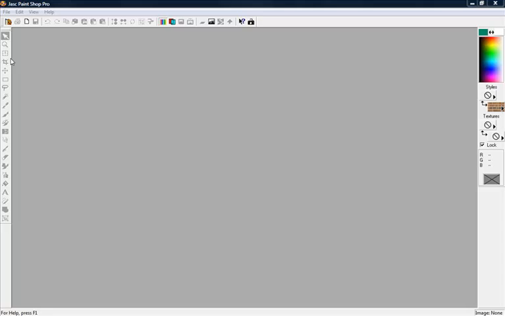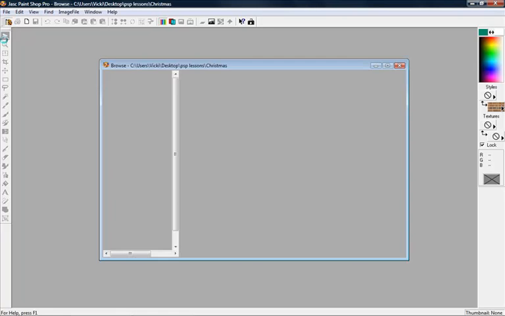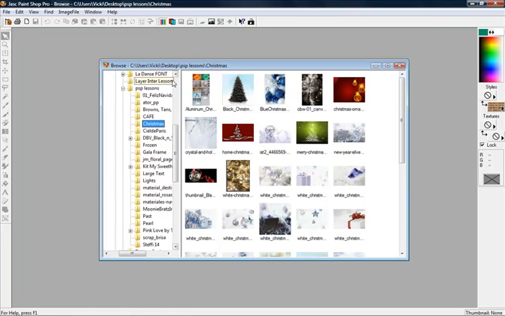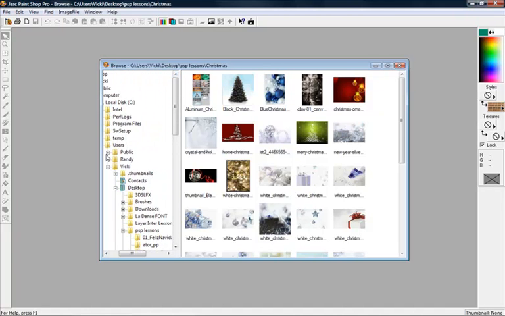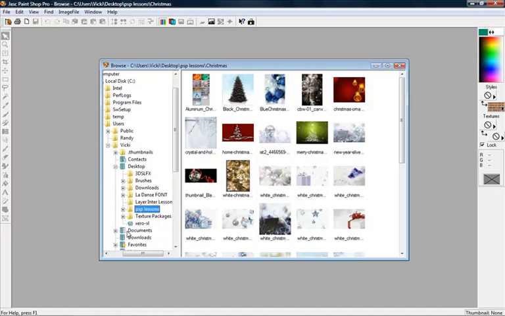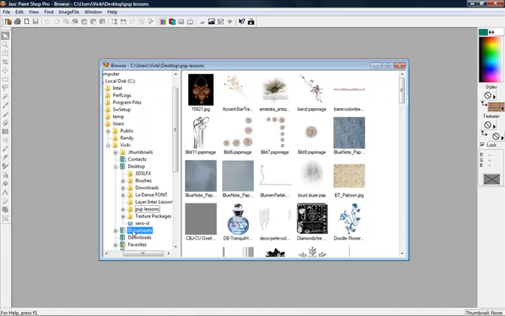When you open your program up, you'll see this little paint palette up here at the very, very top. You click on that and a window's going to open. It'll have all of these folders over here on the left hand side of the screen. Most of the time you will find your pictures in your documents. So you want to go to your documents,